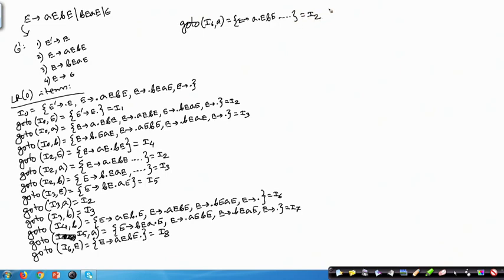So, I6A is I2, then I6B. I6B will give us this B dot E etcetera, and that is nothing but I3. So, that is the set I3. So, this will give me I3 only. Now, go to I6, something more is there, dot A, dot B is done. So, E is also done. So, I6 is over.